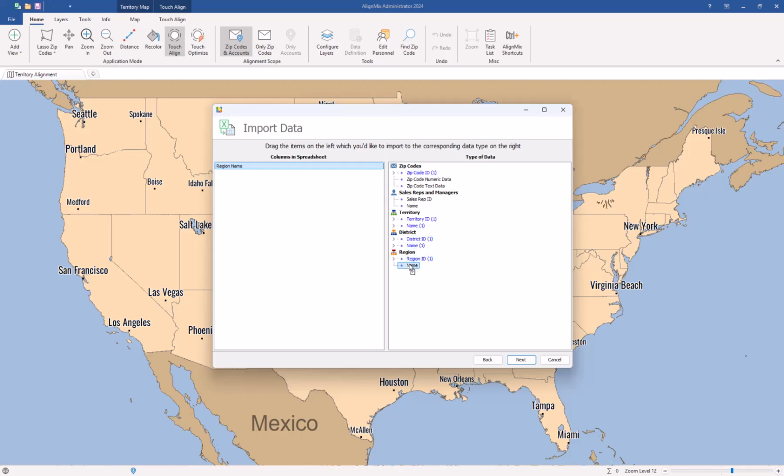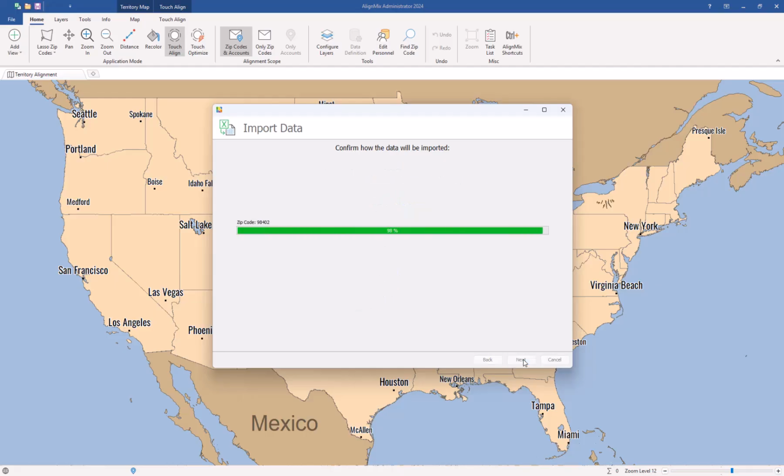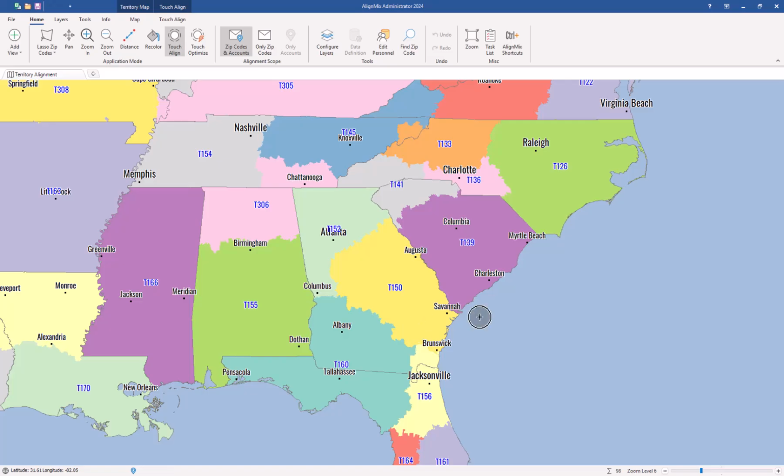Now, if you're using counties instead of zip codes, the process is exactly the same. You would just need the county FIPS code instead of the zip code here. When we click Next, we get a summary of what's about to be imported. Click Next to get your import going, and by clicking Finish, all of your current territories will now appear